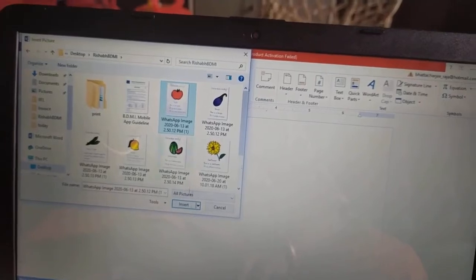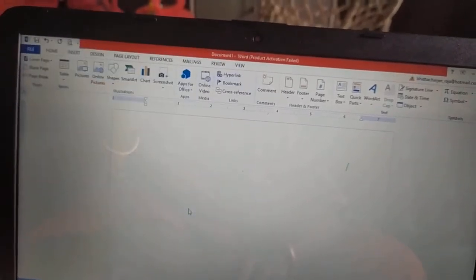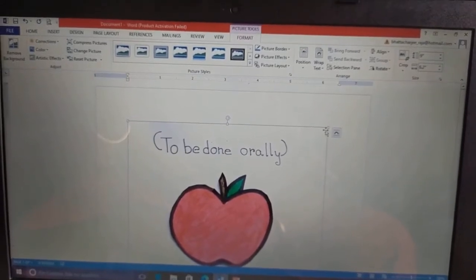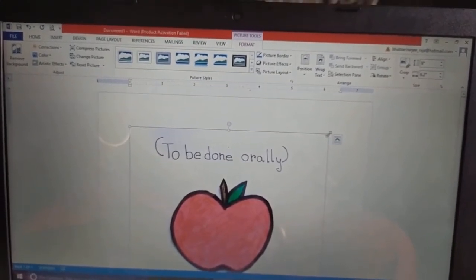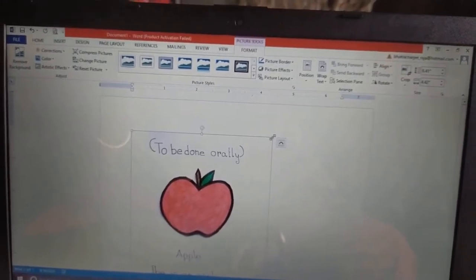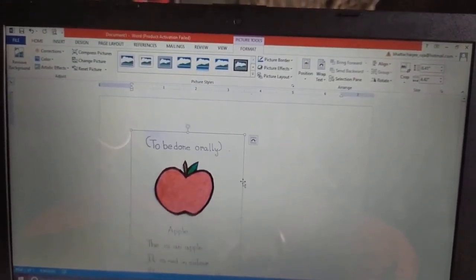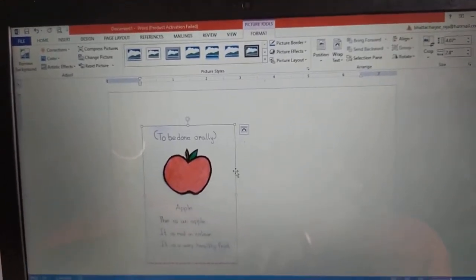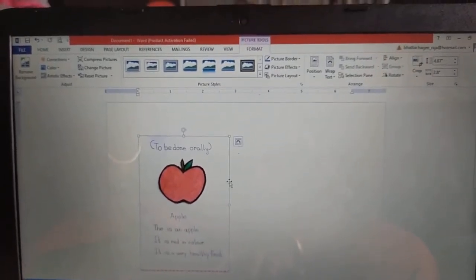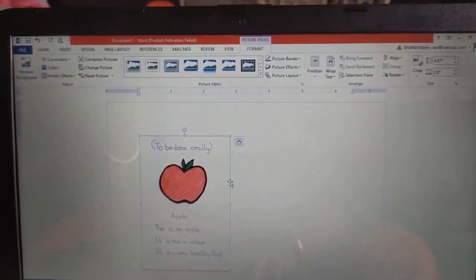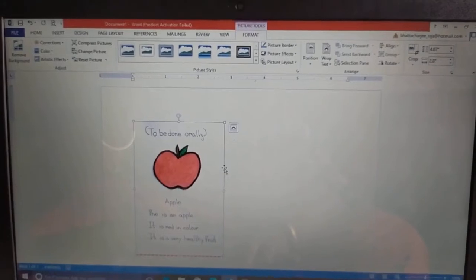Select it, click Insert. See, the picture is inserted into our document. Everyone can see it. Now, this is how to insert the picture that is already saved in our computer.